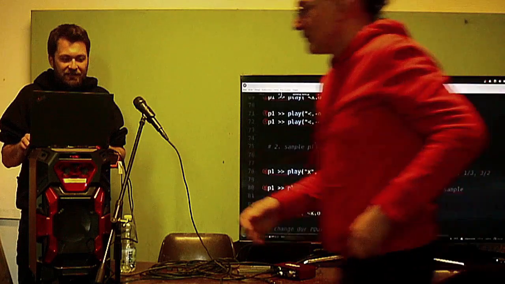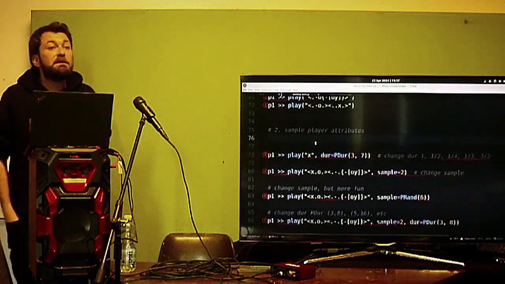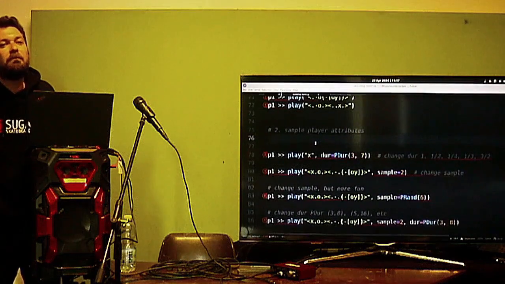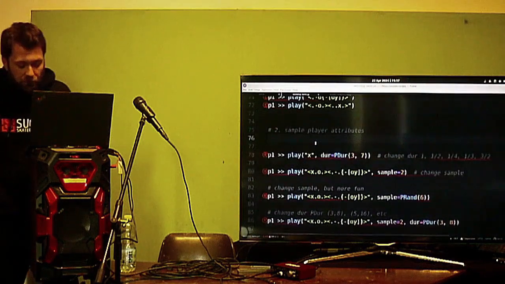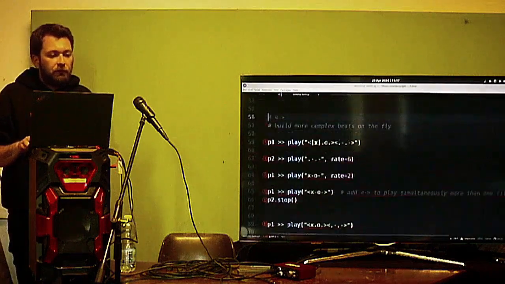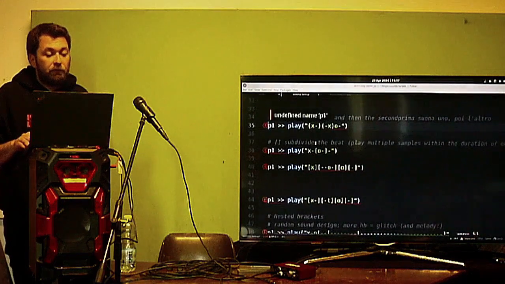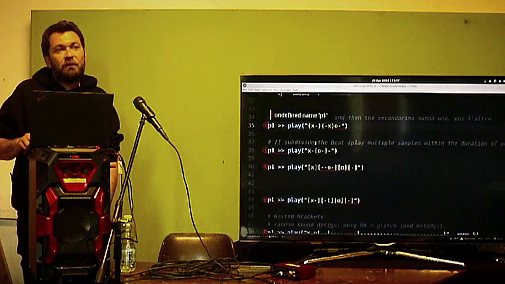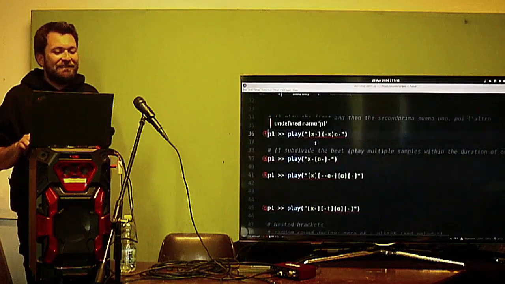Yeah, so we can also move towards sample player attributes. Excuse me, I missed what the parenthesis, the normal parenthesis means. Oh, no, no, don't worry. I'm going also quite fast, and my English is not the best. And so, no,